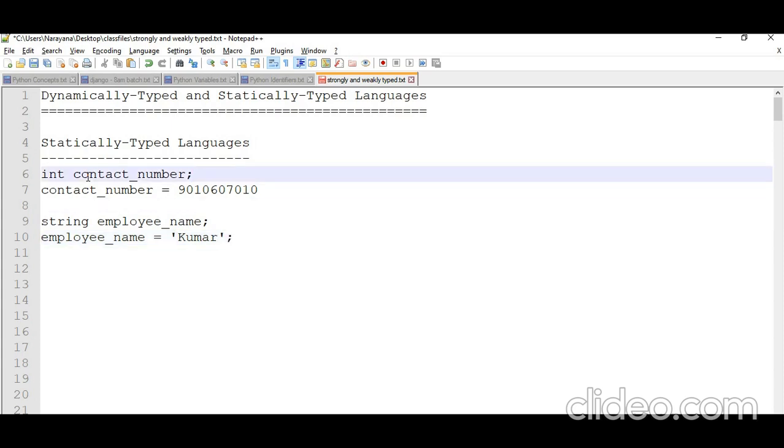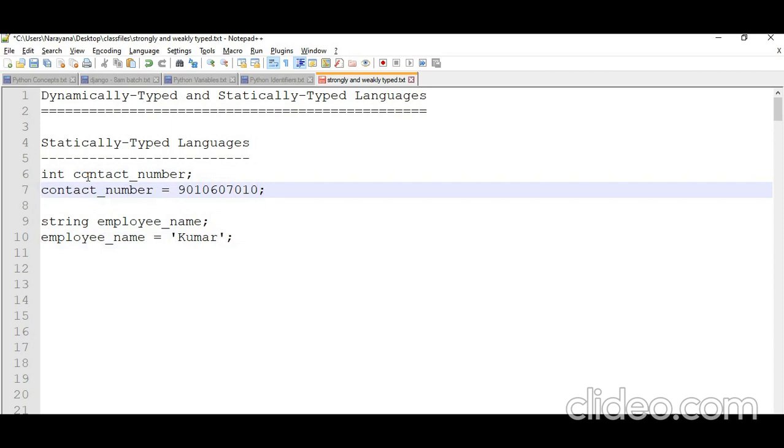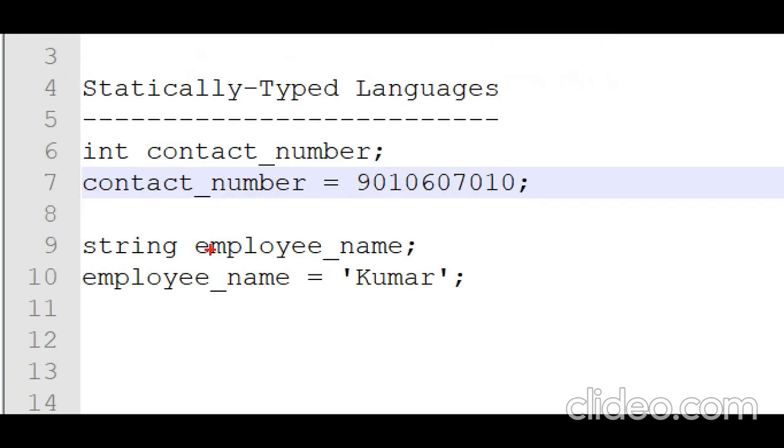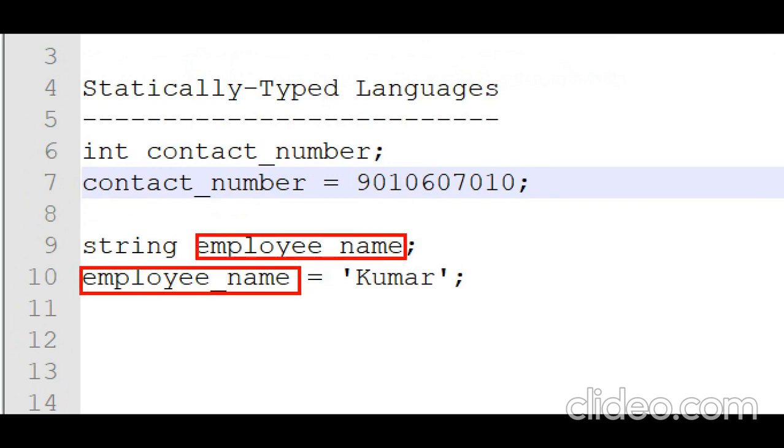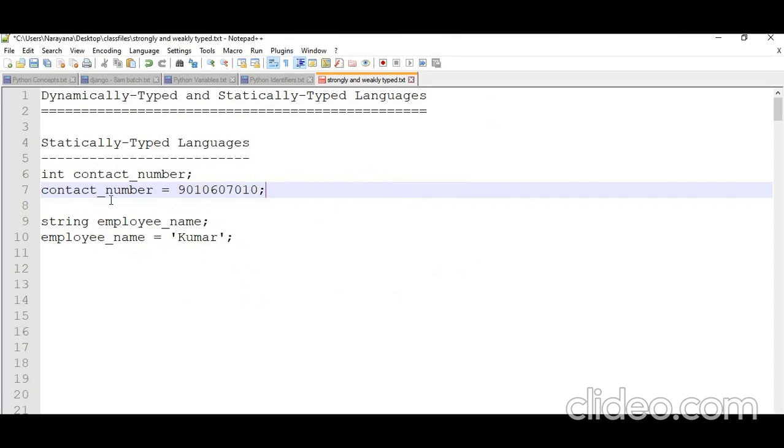So here also the variable employee name is declared with a proper data type, and the value is assigned as per the data type.